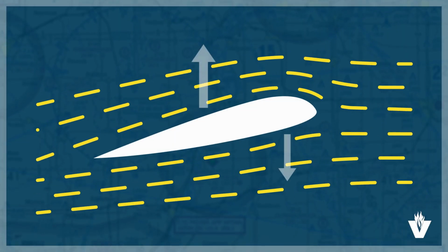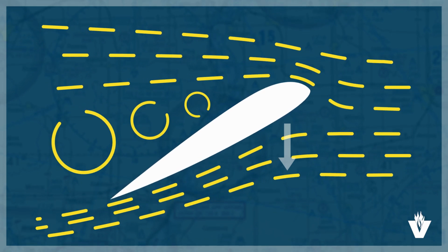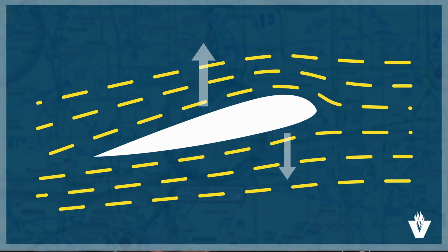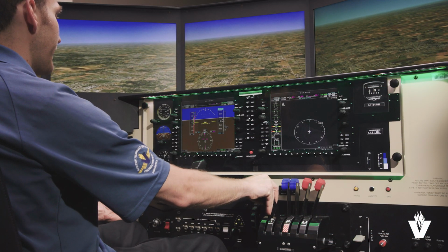An aerodynamic stall is a loss of lift on the wing, and lift is important if we want to keep flying. A stall occurs for the same reason every time. The wing has exceeded the critical angle of attack. To recover from a stall, you must reduce the angle of attack. Stalls can occur at any airspeed, at any altitude, and in any configuration.